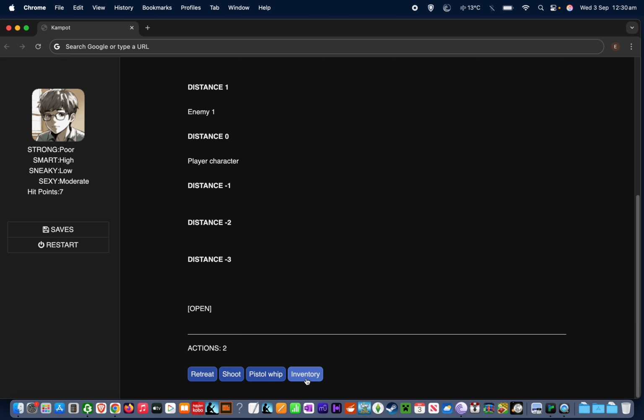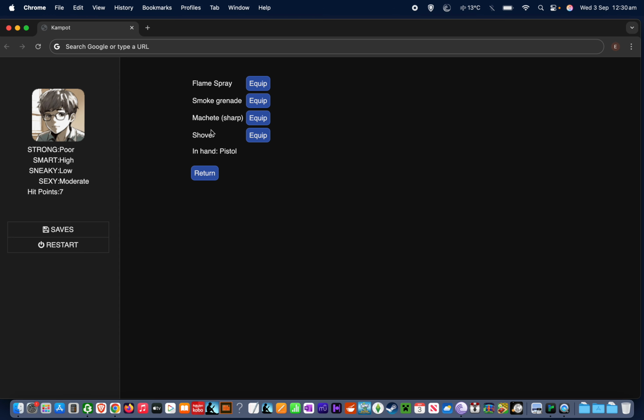However, if I click the inventory button, we will see some new features. So we can see that I have a list of different weapons that it's randomly decided I have, and a pistol in my hand. But there's now a new lot of buttons marked equip. And if I choose to click, let's say, the smoke grenade, well, now I've got a smoke grenade in hand, and the pistol is in the inventory slot that the smoke grenade previously occupied. I can swap back. I can take a machete instead, etc. So I can pick a new